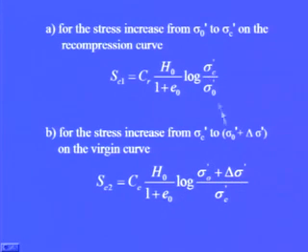Now we can see from here that this is the final stress and this is the initial stress. For the pre-consolidation range, sigma c bar is the final stress, and the initial stress is sigma c 0 bar, whereas for the normally consolidated range, sigma 0 dash plus delta sigma dash is the final stress, and sigma c bar or sigma c dash is the initial stress. So we will have to keep these things in mind, and we can calculate SC1 and SC2, and when we sum up we get the consolidation settlement of the compressible layer.